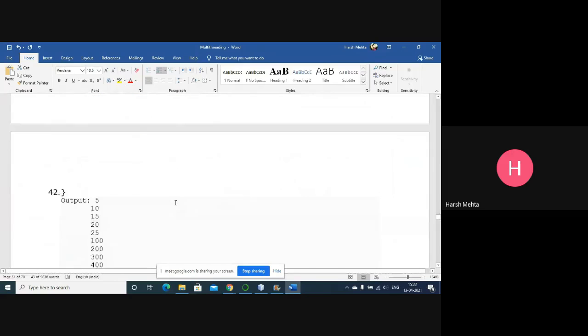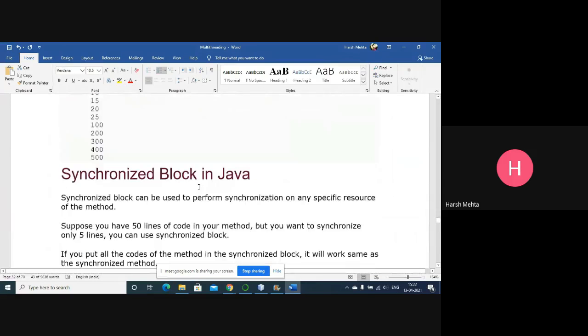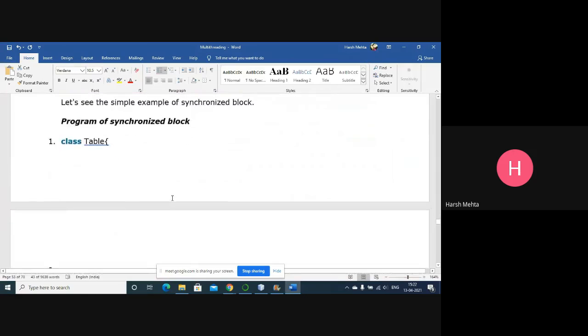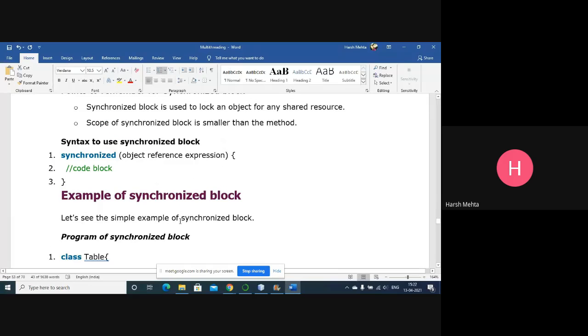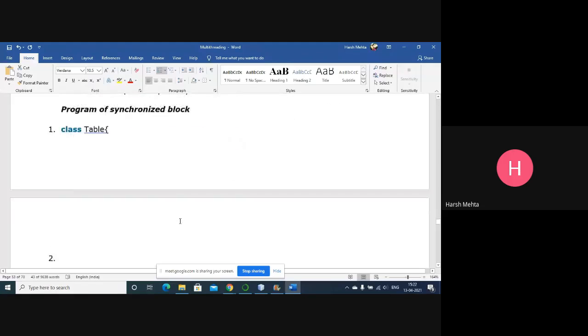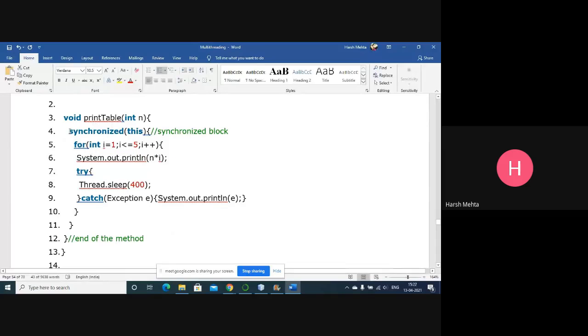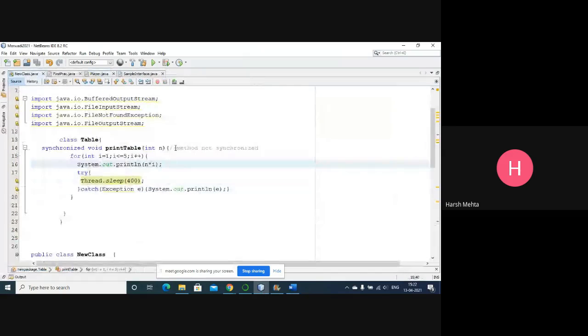The thread puts a lock. Now, the synchronized block. What is a synchronized block? Let's say we want to execute only some code, not all the code. At that time we can use a synchronized block. Let me remove this.